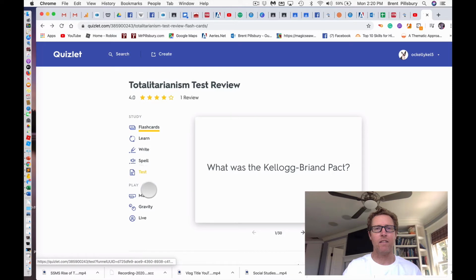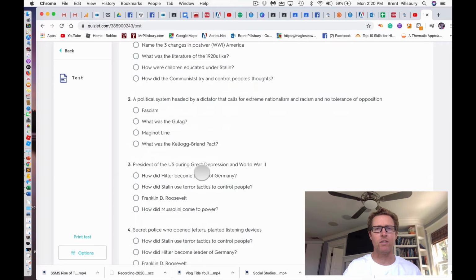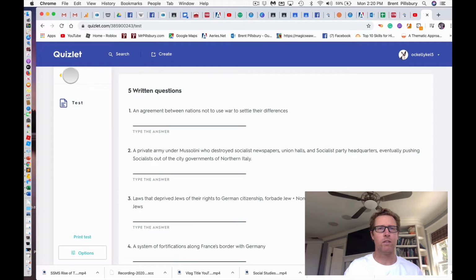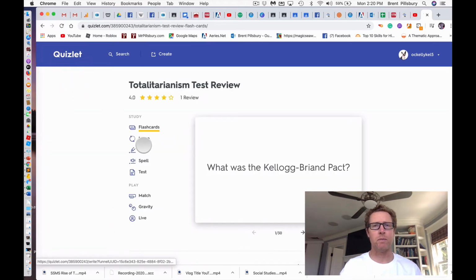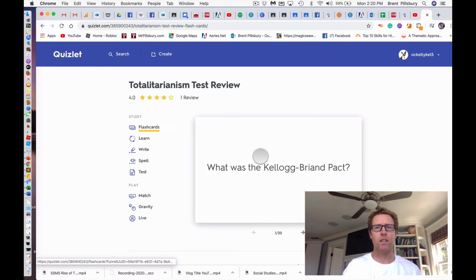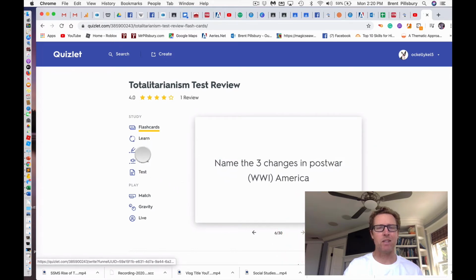And then they've got tests. You can actually take the test, but you have to write in the answers, or you can kind of bubble in stuff here. So I'm just doing it randomly. So that's kind of cool. So I'm not going to use the test because we're not supposed to be testing right now. The Learn is good. The flashcard is good. So flashcards are just flashcards to actually like the different words that deal with the rise of totalitarianism. The spell, not going to use the spell probably.